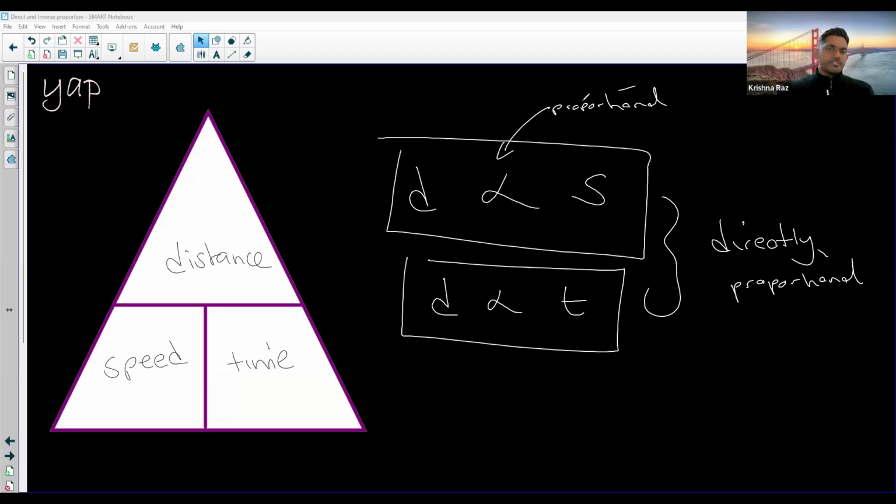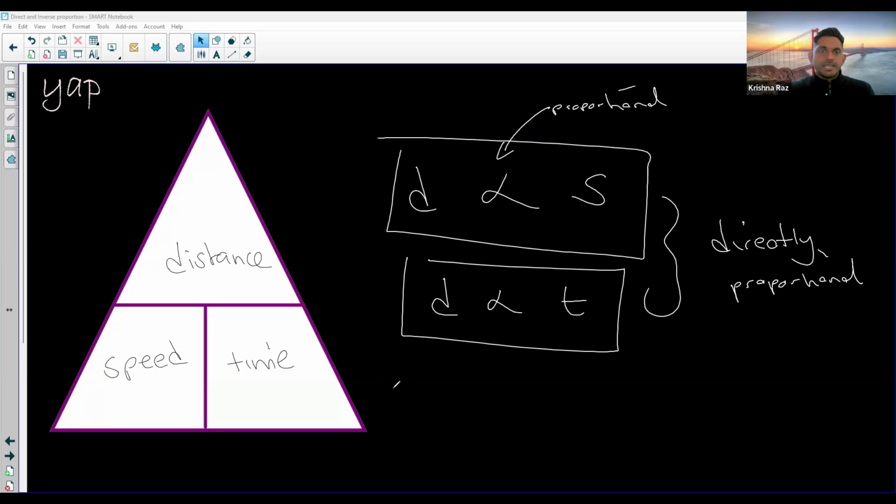Now, if we look at one of the other variables, distance and speed, we know they are inversely proportional. This is because if we keep time constant, i.e. the same, and we double our